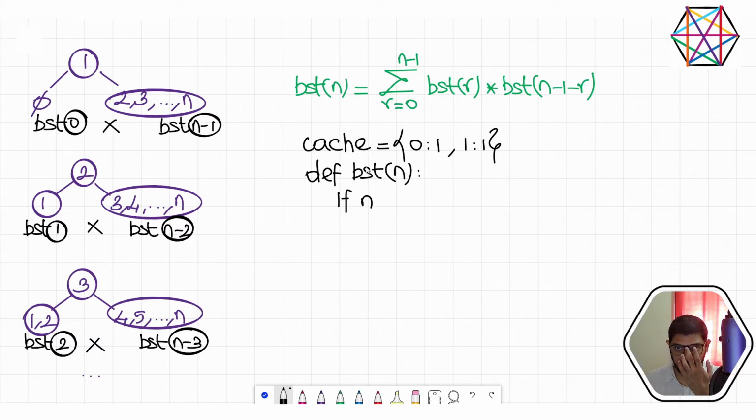Because if it's already in cache, we don't want to compute this function once again. We want to avoid it. We want to directly return the stored value. We are going to actually apply the function only when this input is not found in the cache. In that case, of course, you will definitely have to apply this function. So if n is not in cache,